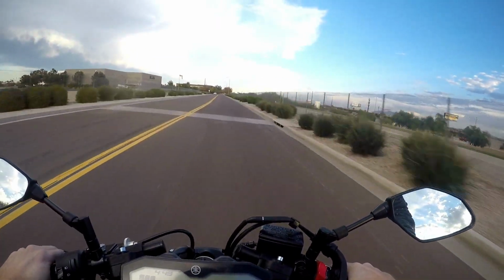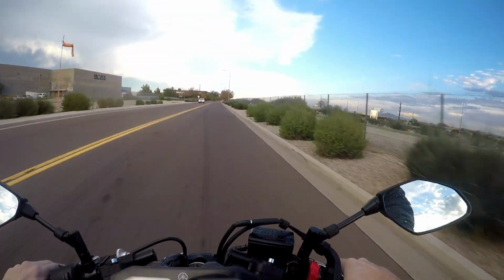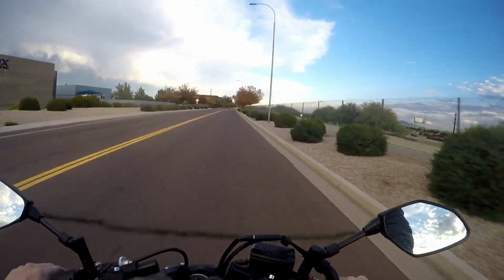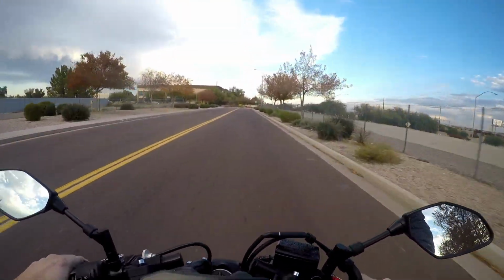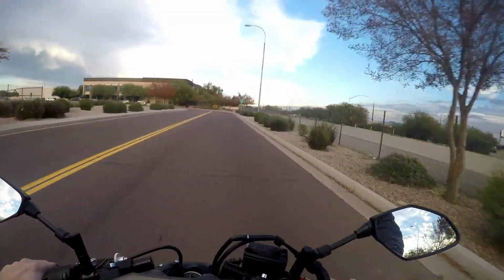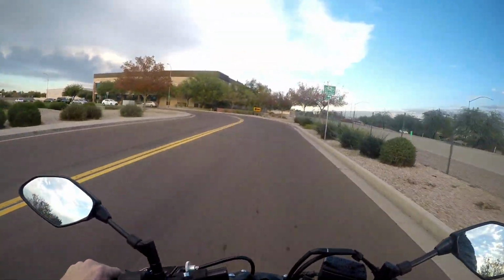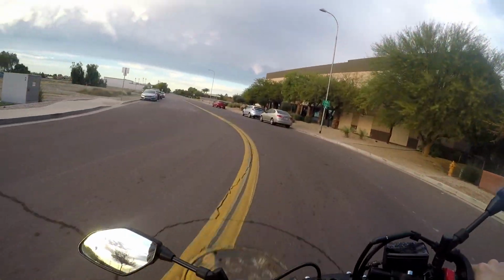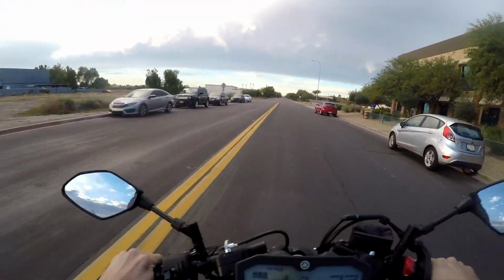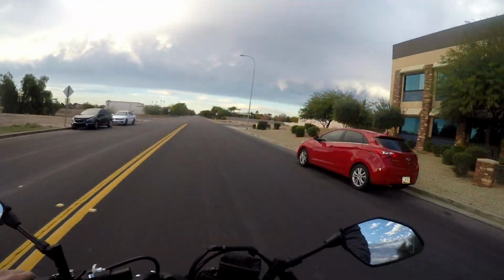So that was just a quick 0 to 60. Now that initial takeoff, if you guys noticed, I actually got the front wheel up in the air. That was just powering on it in first gear. Totally unexpected. My feet were on the ground, so nothing crazy happened. But yeah, this thing definitely has enough power to be fun, but